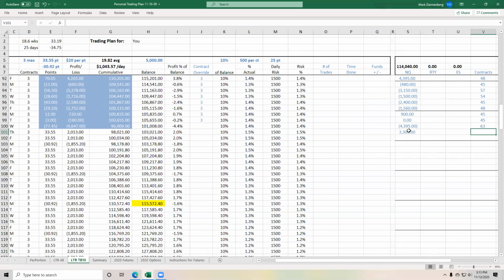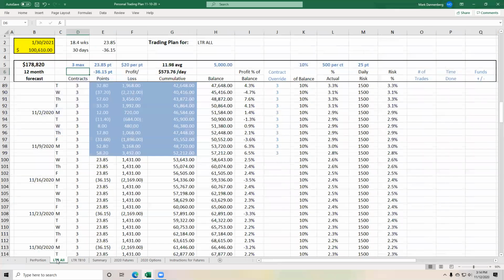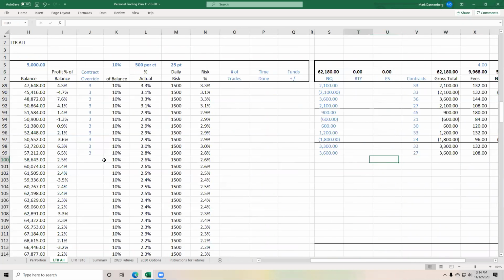Profit today, and we did 15 trades. 3 contracts per trade is 45 contracts. Now I'm going to go ahead and lock the number of contracts here so that any other changes we make will not disrupt that. But before I do the evaluation of our 12-month forecast, I'm going to plug in the